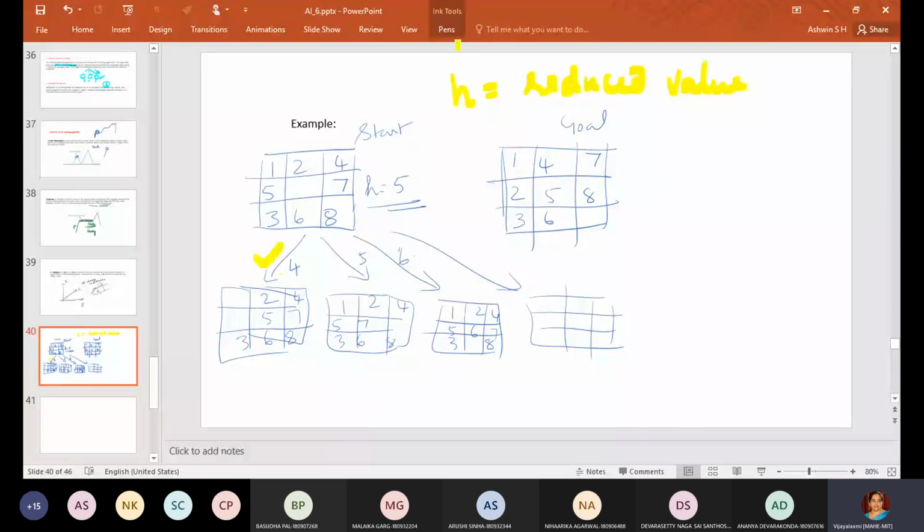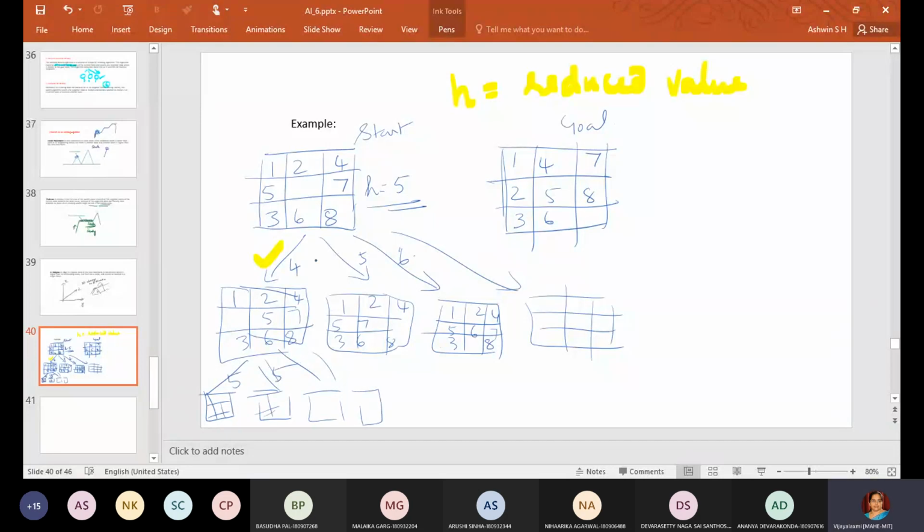Now you expand this again. All 4 cases you write. When you move the space, say for example, you get 5, 5.